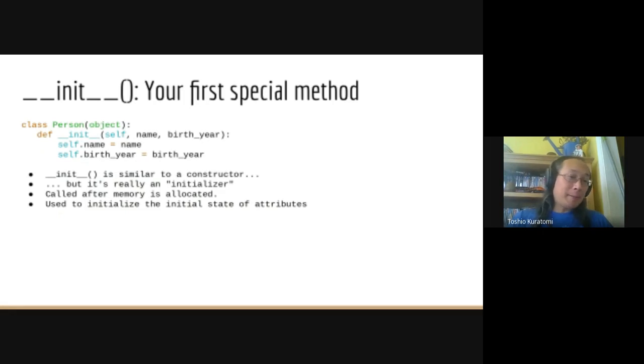But with Python, there's actually a separate constructor which does the memory allocations and those sorts of things, deciding on the shape of the class. And then right after that, it calls under init, and it passes that newly instantiated object in, and then you're able to just initialize the attributes that you want in your instance of the class. As the bullet points say, it's called after memory is allocated, and it's just used to initialize the initial